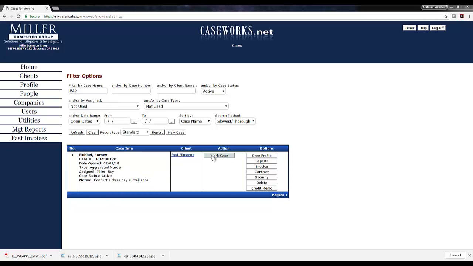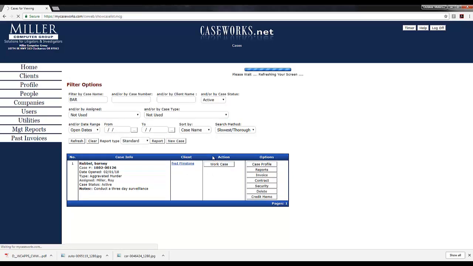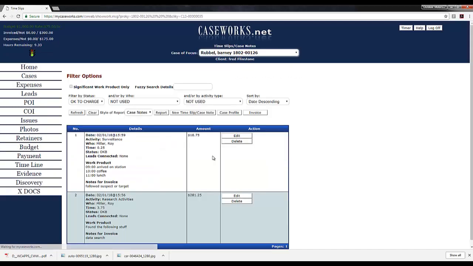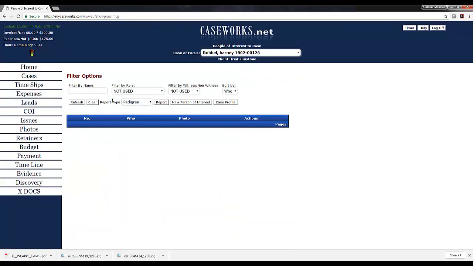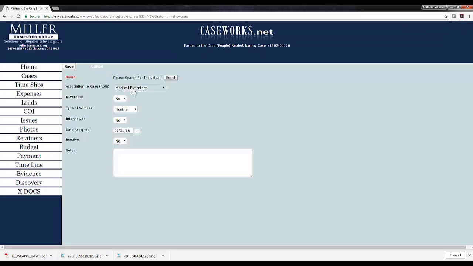But we need to work that case so now that we can add individuals connected to that case. As always, when you hit that work case button, it always takes you to the time slip screen. So now what we must do is on the left hand side click on this people button to look at individuals who are connected to this case. In our scenario here, there is no one connected to this case. So very simply, you hit this new association button,